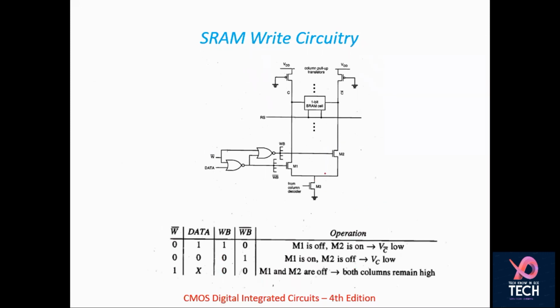This is the overall cell, which is actually giving you the working. So here you can see this is your SRAM cell. This is being used as bit lines, and this is being used to write the data. What data you are going to write, whether you are going to write 0 or 1, this entire circuitry is being used. So this is how your SRAM actually works.